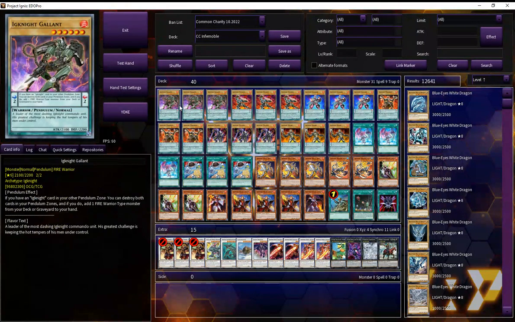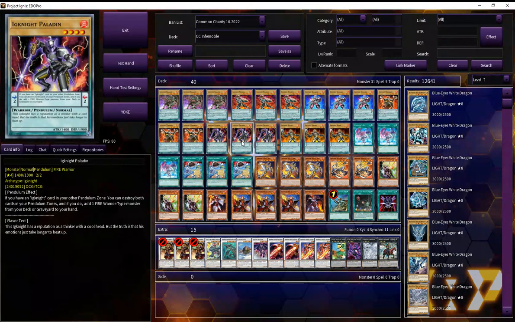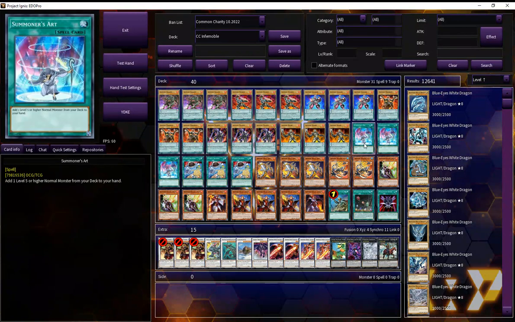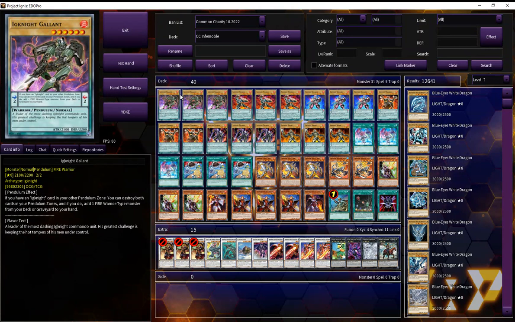So for the Ignites, this part of the deck is incredibly simple. We have 3 Gallant, 3 Veteran, 3 Cavalier, 3 Margrave, 3 Paladin, 3 Squire, 3 Summoner's Art, 3 Painful Decision. I would be playing more Ignites if I could. These cards are awesome. Essentially, you want to make use of the pendulum summons as much as you can to